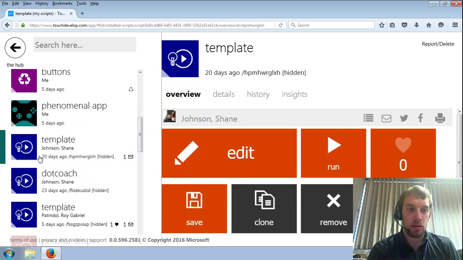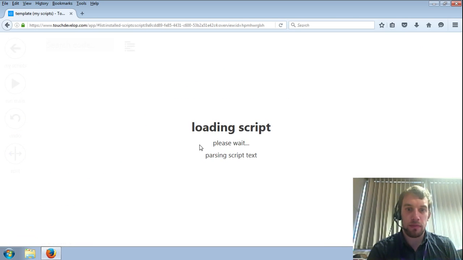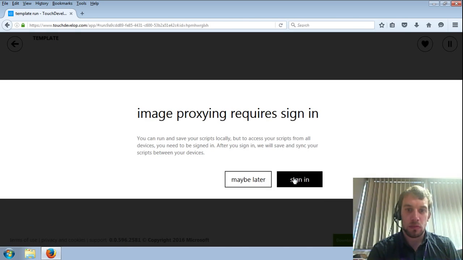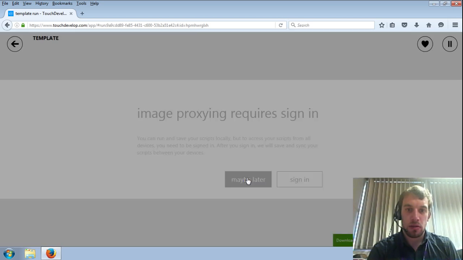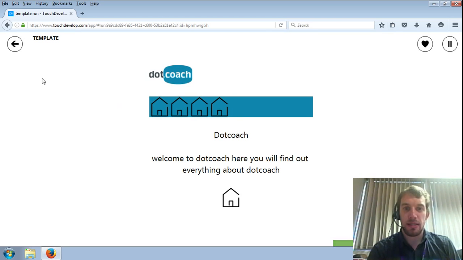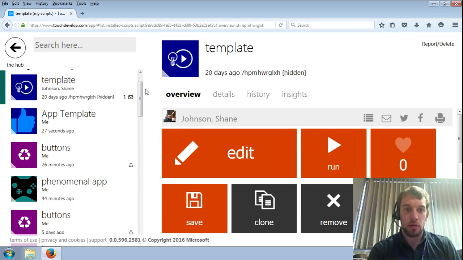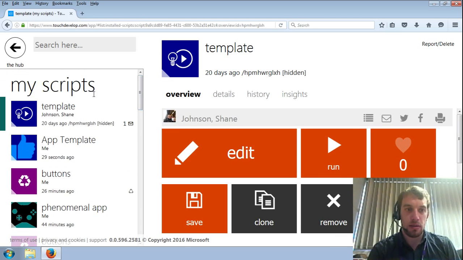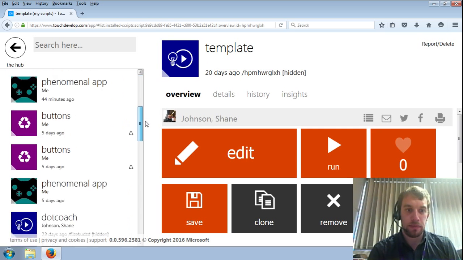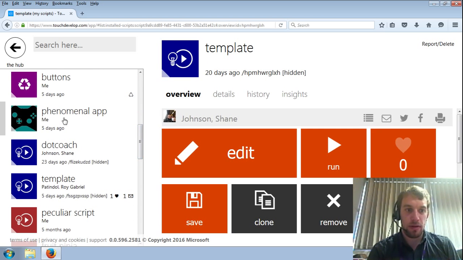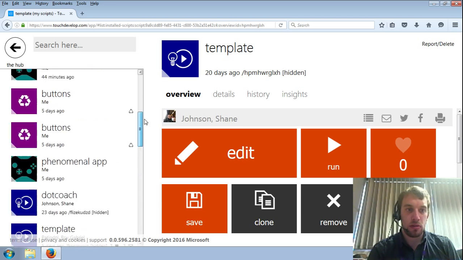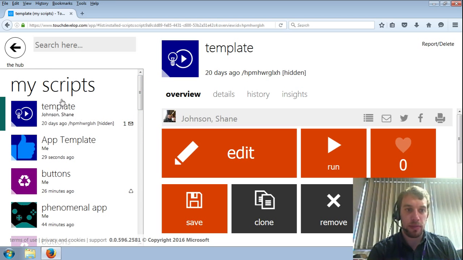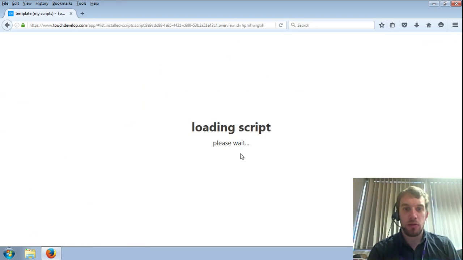So I'm going to go across to the template one, maybe later. This is just due to the settings in the college blocking me. Okay, so the app template here. You can see a few here I've been messing about with. But template here, I go to edit,